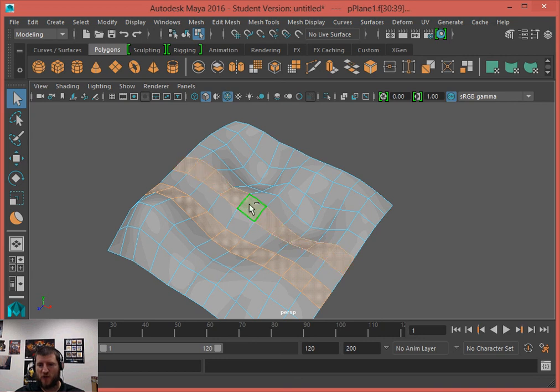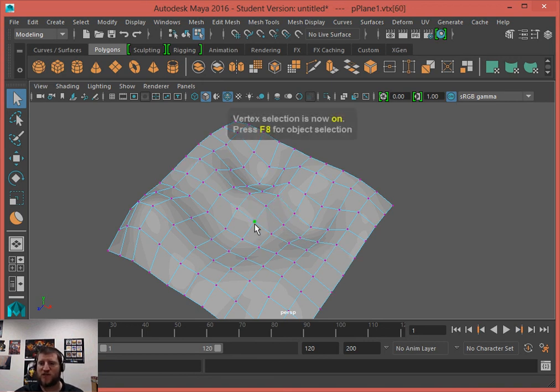Also, sometimes you'll run into problems when you're trying to select multiple rows, where right now it's working, but sometimes you'll get something. It'll either select the whole thing, or if you're trying to select maybe this row here, like I said, sometimes it selects the whole thing. If you're trying to select these two rows, sometimes it'll come through and actually select a cross row instead. It's a little bit finicky when you're working with the loops with the faces.